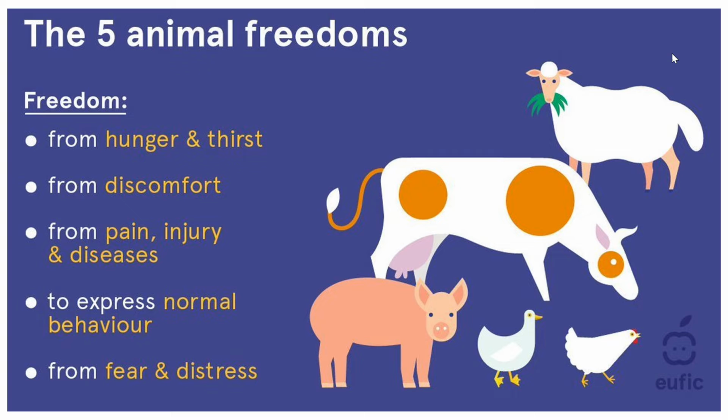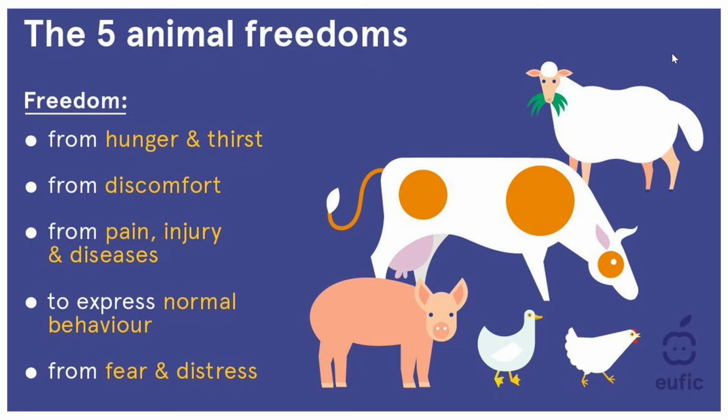This third point is mainly where animal health comes in, where if they do have a disease, us as humans must relieve them of this disease or their pain or fix their injuries. Fourthly, all animals must be able to express their normal animal behavior. Generally, this is a little bit difficult, especially if you have animals in intensive production systems like battery chickens. They can't move around, and since they can't really move around, they can't show their normal behavior of picking and foraging and so on.